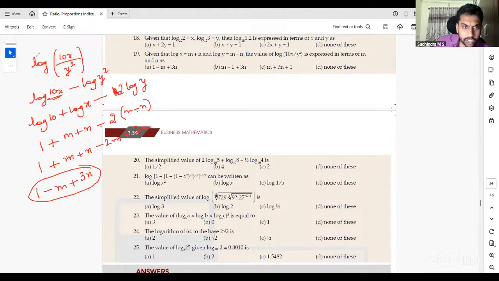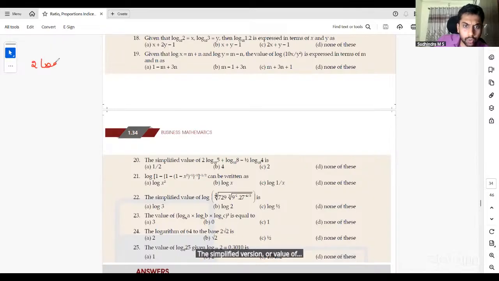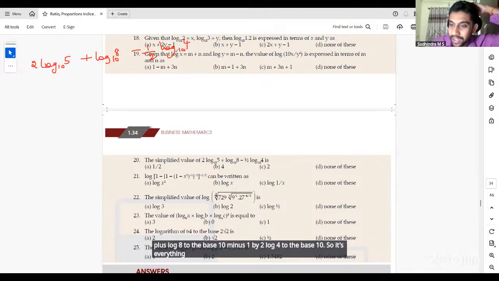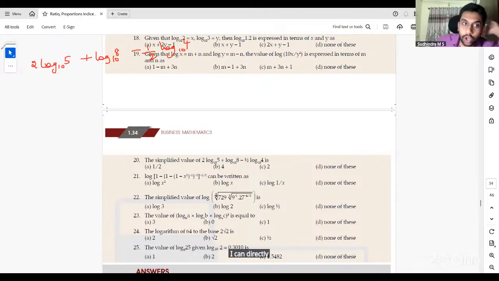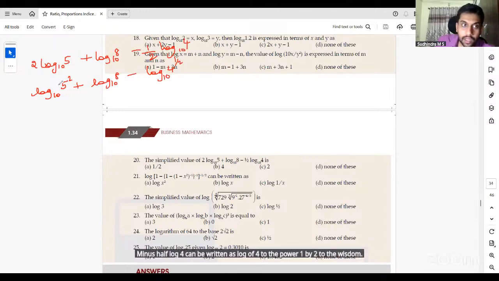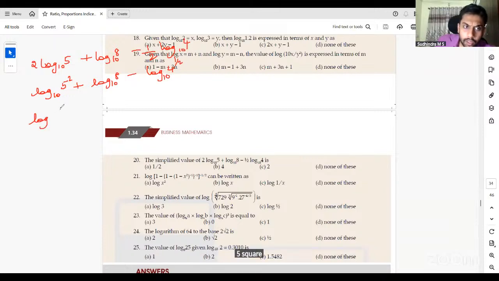The simplified value of 2 log 5 to the base 10 plus log 8 to the base 10 minus 1 by 2 log 4 to the base 10. So it's everything in base 10, I can directly simplify this. 2 log 5 can be written as log of 5 square to the base 10, plus log 8 to the base 10, minus half log 4 can be written as log of 4 to the power 1 by 2 to the base 10. 5 square is